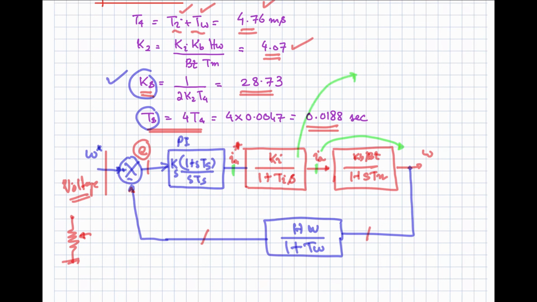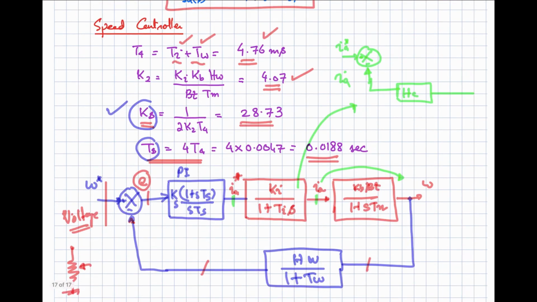And within this, we have the reference armature current that is being compared with the actual current through the transfer function HC, right? And then onward we have the PI controller, and then the power electronic converter, and then the loop relating VA with IA, a transfer function G1 of S that is giving us the current, and that current is fed back. That is approximated by this first order transfer function. So now we have calculated all of these parameters which are required.